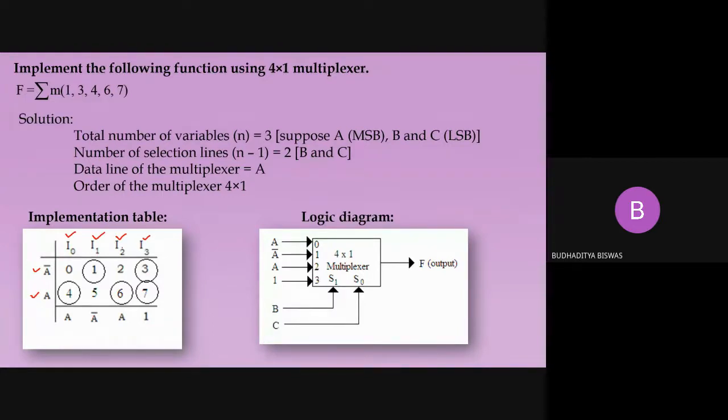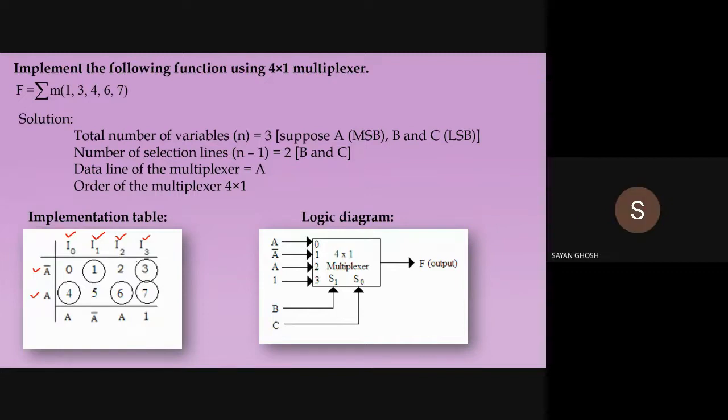Come to the third one, I2. Here also the lower one is circled, so A should be written at the bottom of the column. If only the lower one is circled, we write A. If only the upper element is circled, we write A bar. If both are circled, we write 1. And if no elements are circled in a particular column, which is not present in this example, then we should write a 0. Understand this one?